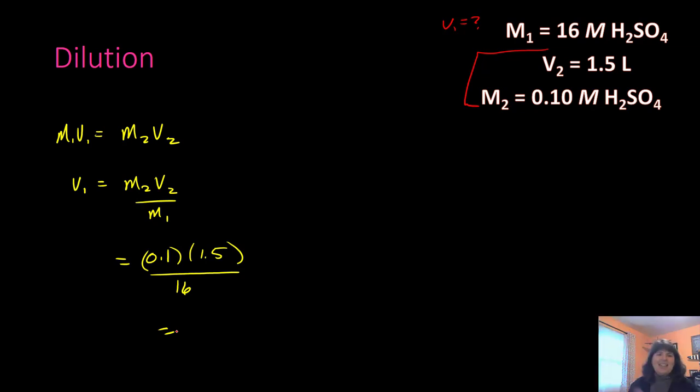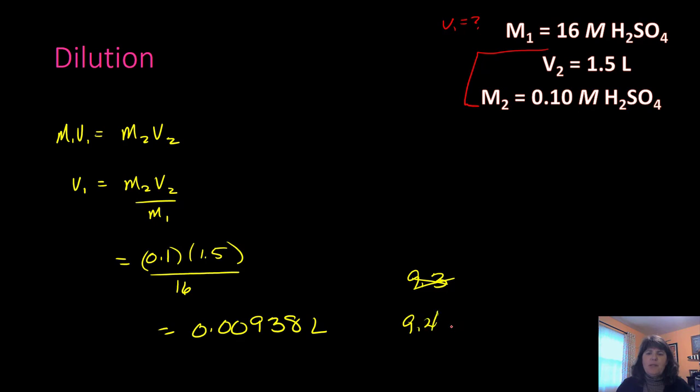Okay, I had to get my calculator. So, 0.1 times 1.5 divided by 16. So we need 0.00938 liters. That's awkward. I think the key thing here is we really have 9.3, well, if I'm going to pay attention to sig figs, 9.4 milliliters